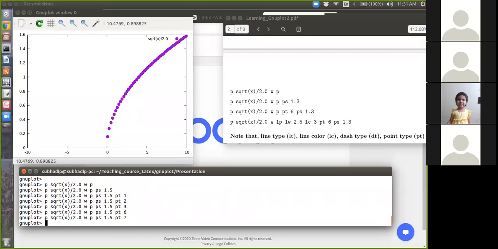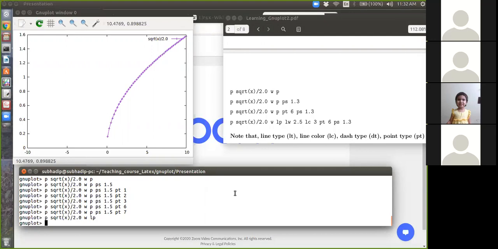Okay, and you can plot in both line and point. So for that, what you need to do, just LP, no space in between. So it suggests line and point. Okay, let's see. You can see. So it has plotted in both line and point, and all the thing I have stated earlier, line with everything can be done here.